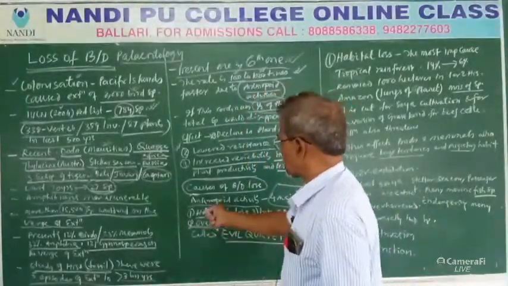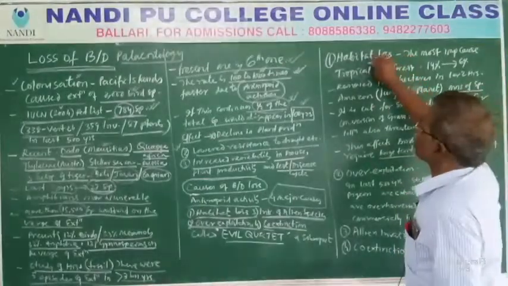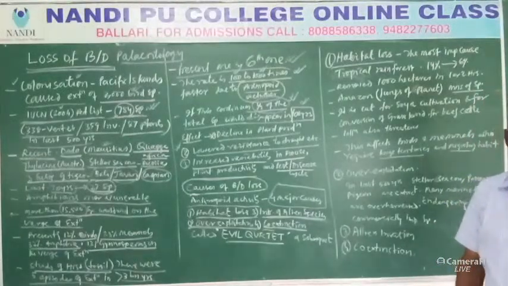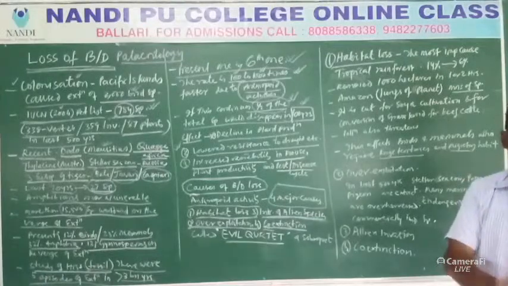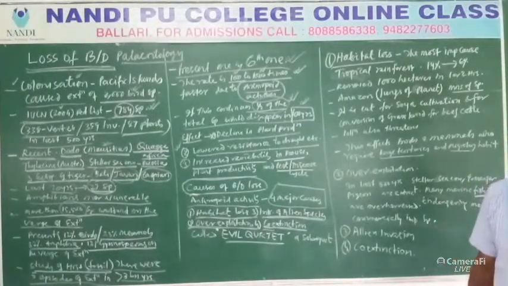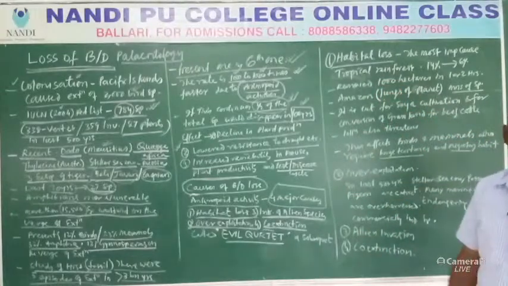Okay, one by one I will explain these things. Very first one is habitat loss. Habitat is house. If we are kicked out of our house, it is very difficult to survive. Imagine the rainy season, for 3 months, 4 months, you always get wet and remain in a moist, completely drenched condition all the time. Can we survive? No, we can't survive. Like that, there also, if you remove their house,